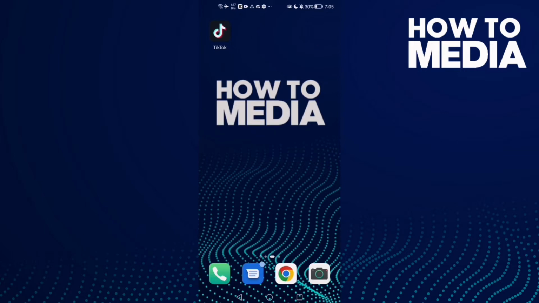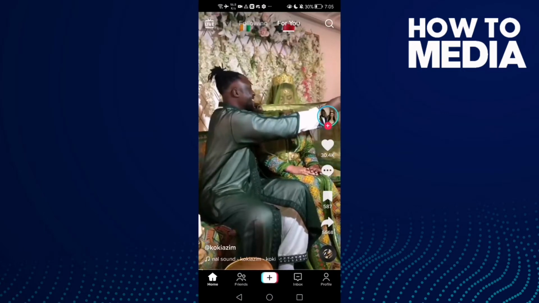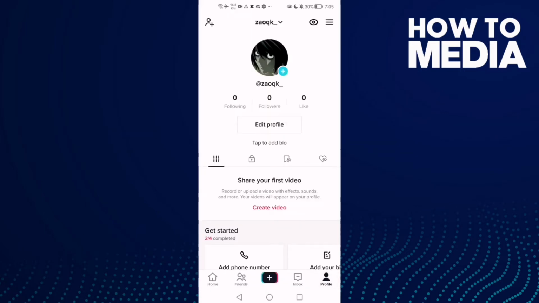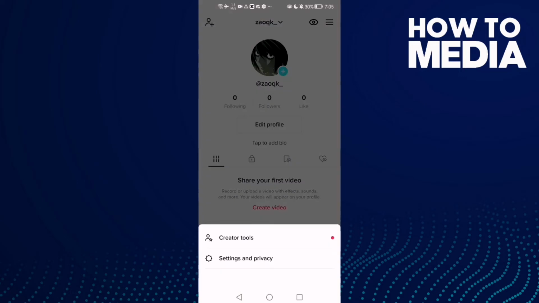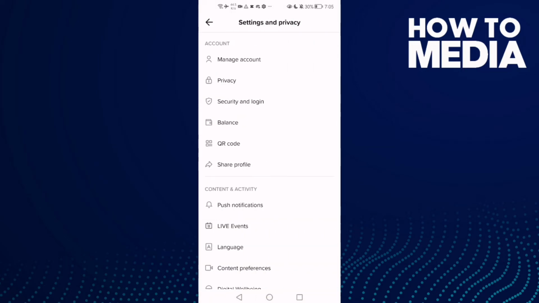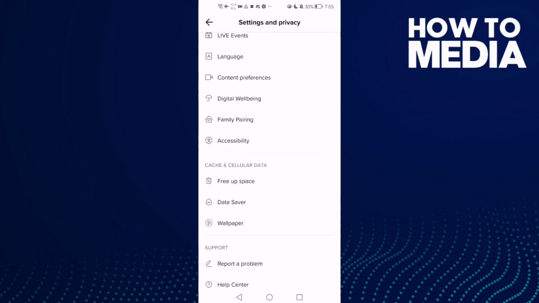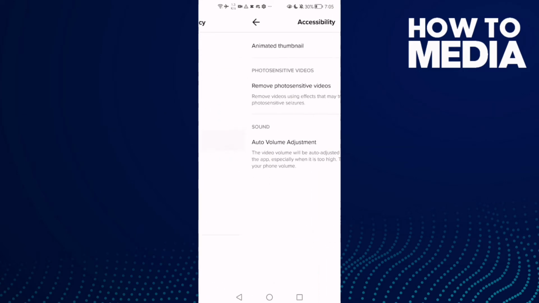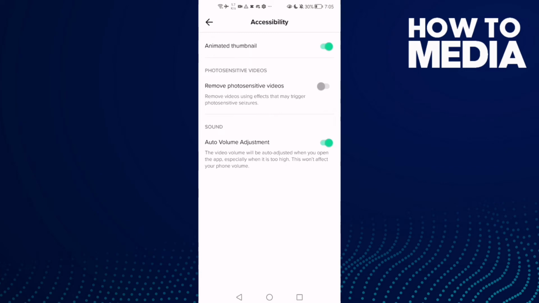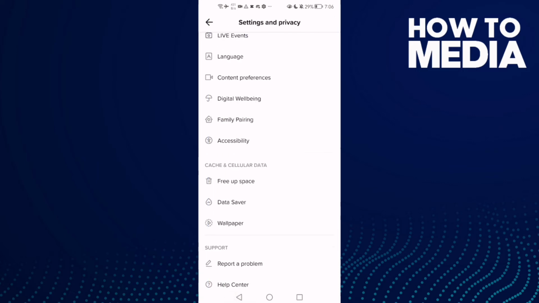First, open TikTok and now click profile, and here in the top corner you will find these three lines, and then click settings and privacy, and now just scroll down until you find this one, accessibility settings, and then just click here. Here you will find it, sound settings, and as you see here you can manage auto volume adjustment, and that's how to find that,